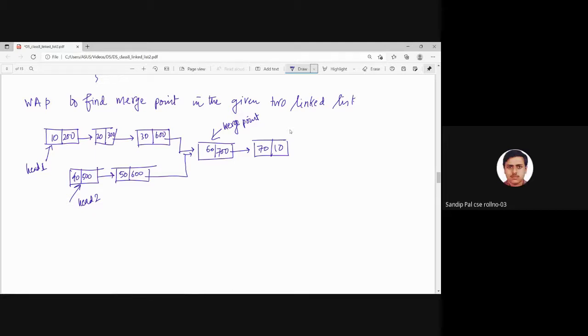একটা মেথড হতে পারে, মানে ধরুন যে ফার্স্ট লিঙ্ক লিস্টটা আছে, সেই দুটো লেন্থটাকে আমি ক্যালকুলেট করছি। ছোট লিঙ্ক লিস্টটা কত ঘর ছোট সেটা আমি দেখবো, ফার্স্ট লিঙ্ক লিস্টটাকে আমি সেই ডিফারেন্সটা ট্রাভার্স করব। তারপরে যে বড় লিঙ্ক লিস্টটা আছে সেটা ওইখানে নিয়ে যাব, যেখানে হেড 1 আর হেড 2, এবারে আরো এক ঘর করলে মার্জ পয়েন্টটা পেয়ে যাবো স্যার।